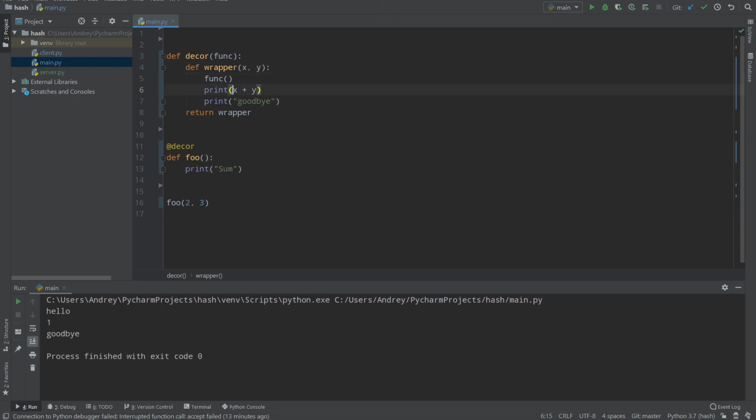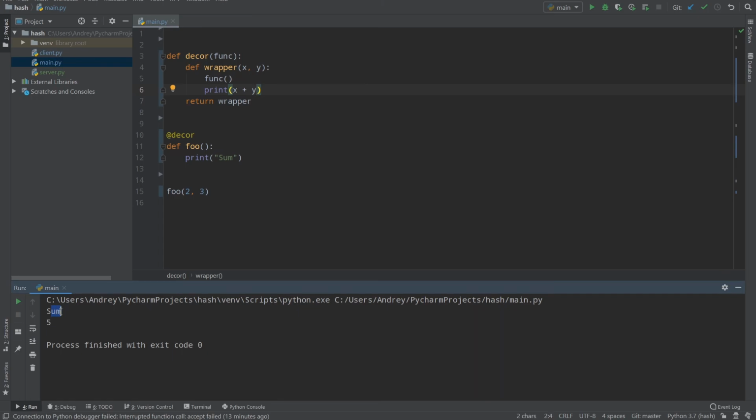And let's call function, then x plus y, and I'll remove goodbye. So now let's call our function. As you can see, it says sum and then 5. Again, if you want to pass any arguments in foo, you should pass them into wrapper, because after decorator initialization, your function is not foo, it's a wrapper which uses foo to